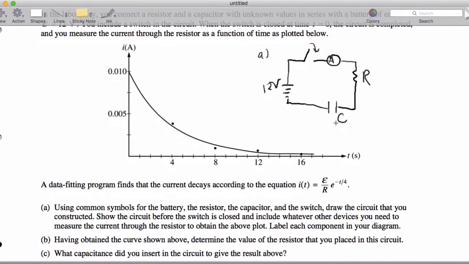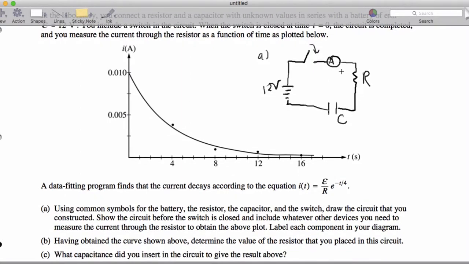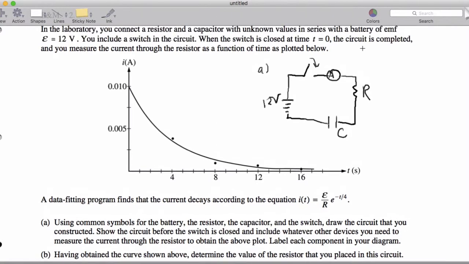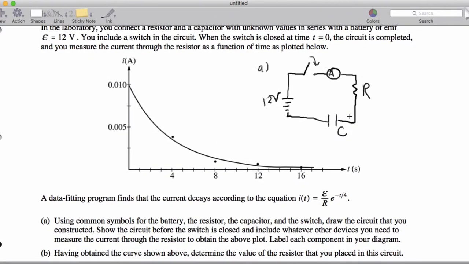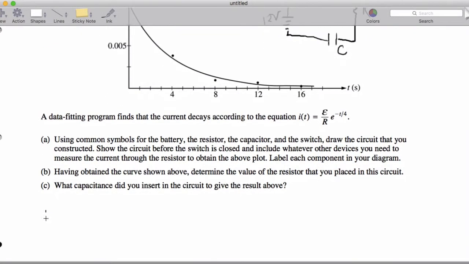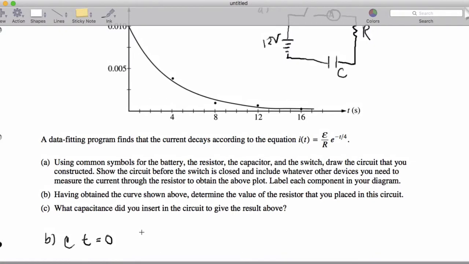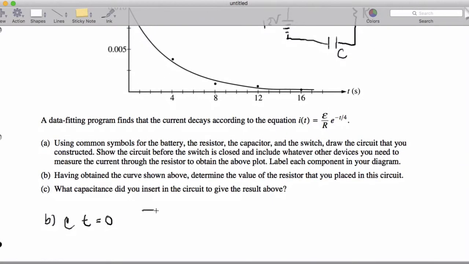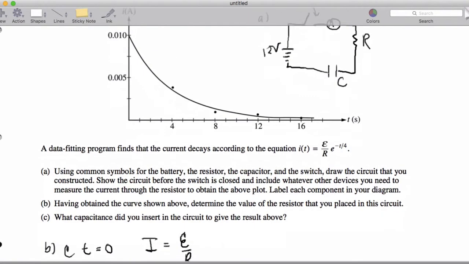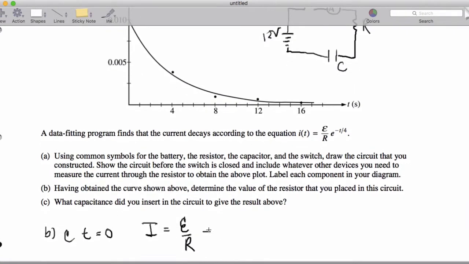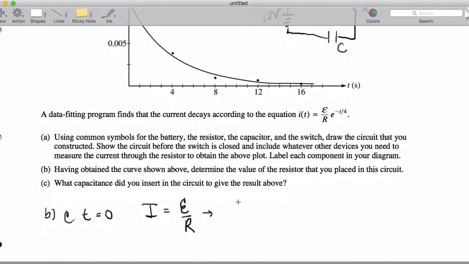All right. Now it says, having obtained the curve above, determine the value of the resistor that you placed in this circuit. Well, at time equals 0, the capacitor is just starting to acquire charge, so it behaves like a wire. So that means the current in the resistor is going to be the EMF of the battery divided by R. Another way to see that is you can plug in 0 for t here. And so what we're getting is that